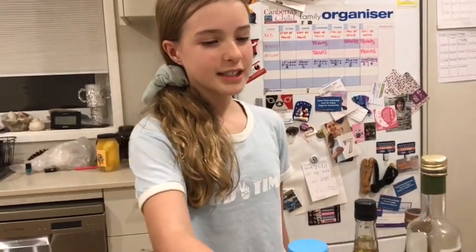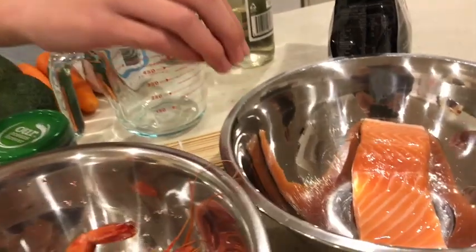Be showing you how to make sushi. The modern interpretation of sushi was created in the mid-1800s in Japan. The ingredients I have here are fresh salmon,